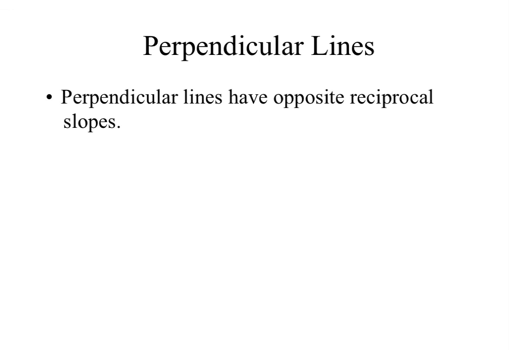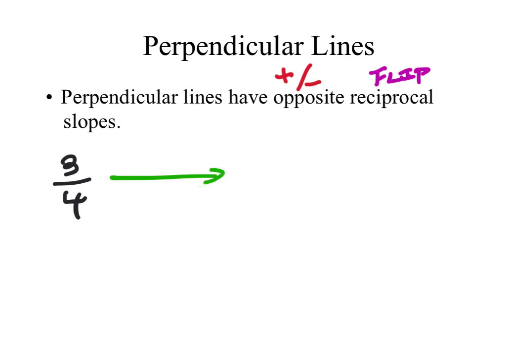Now looking at perpendicular lines have opposite reciprocal slopes. So opposite has to do with whether it's positive or negative, and then reciprocal, remember that just means it's going to flip the fraction, whatever the fraction is. Okay. So if I looked at just some fraction, right? Like let's look at, I don't know, common one like 3/4, okay? If I took the opposite reciprocal